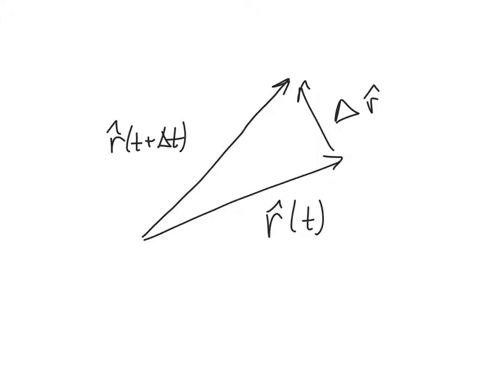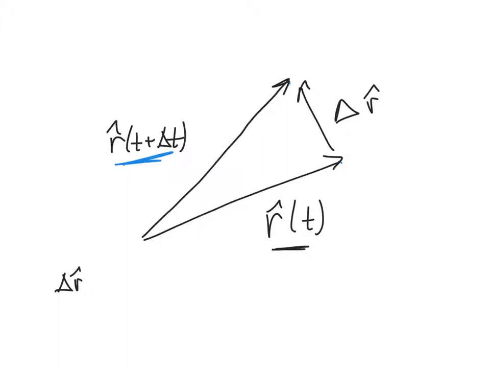Well, one trick we can use is the fact that r hat of t and r hat of t plus delta t have exactly the same length. In other words, as the object moves from r of t to r of t plus delta t, r hat can't change length. And so if delta r hat